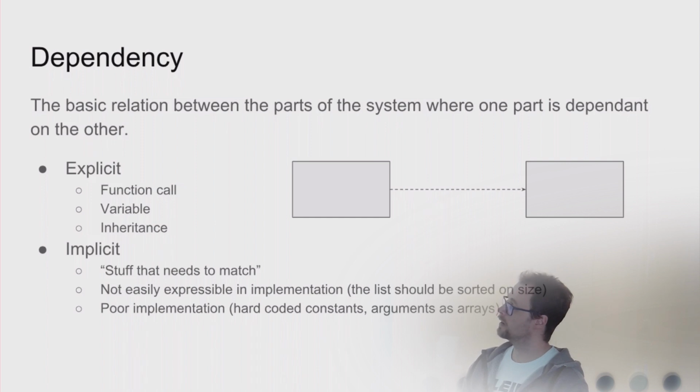So maybe the variable in the second box is some kind of a list or array of something, and the first box needs this list to be sorted. This is a dependency that we can know that we need to this variable, but